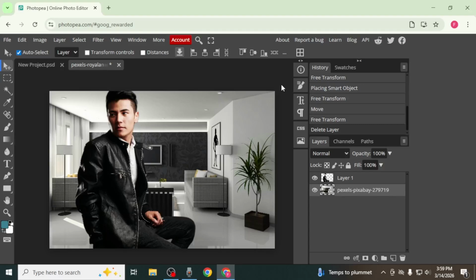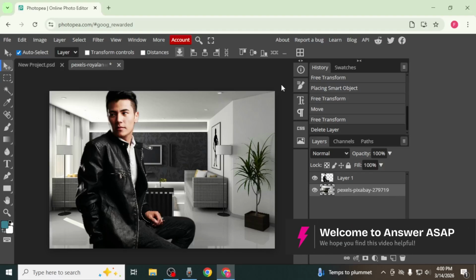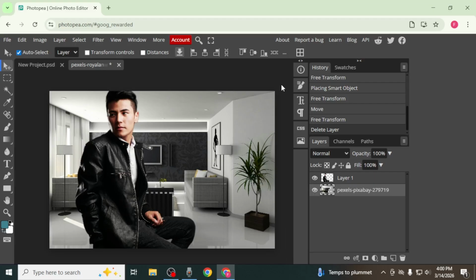In this video, I'm going to show you how to replace image in Photopea. First, open your Photopea project where you want to replace an existing image. The process is simple, but it is important to correctly identify the layer that contains the image you want to